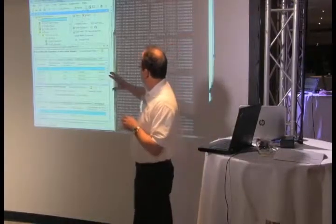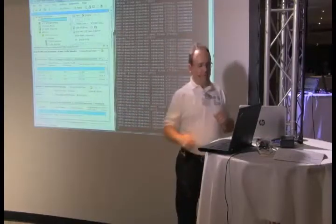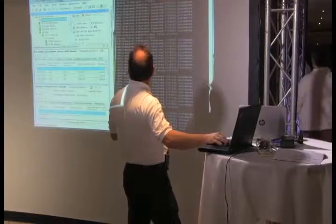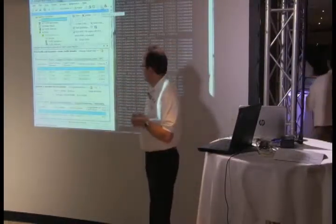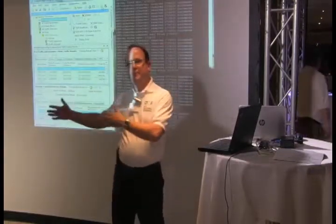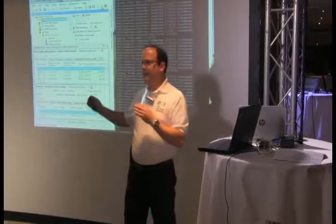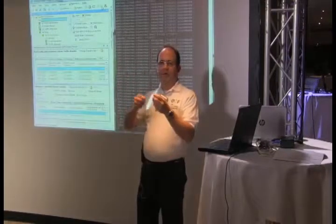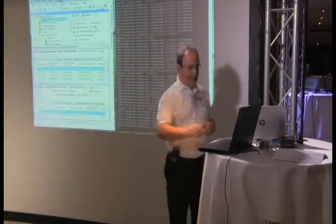The autonomous systems have now finished. We finished pushing the routes into the programmable data plane, and we will now start traffic. So the autonomous systems are now starting to route traffic from one to another. If you remember from the previous slide, there are 4 autonomous systems. They're routing traffic to one another. The test center is making sure that the routes are as programmed, and that it's getting out on the ports what it expects. If we have a quick look here,